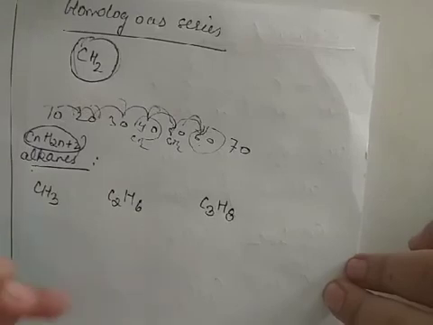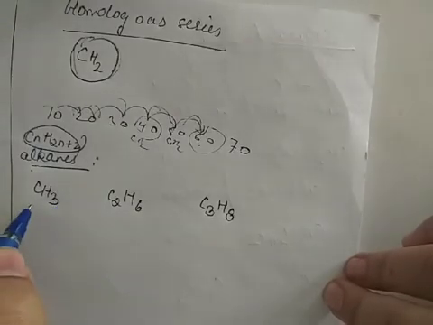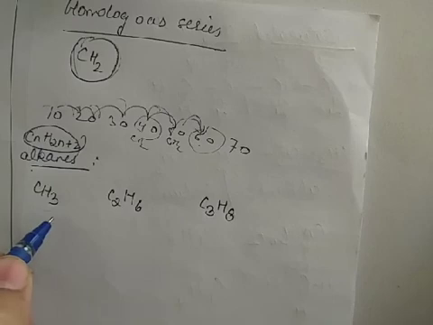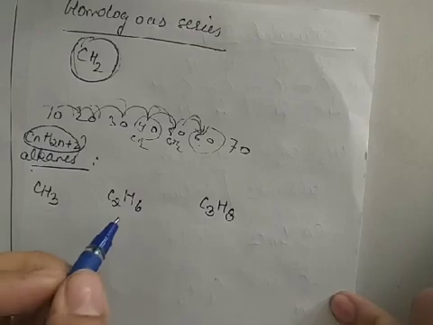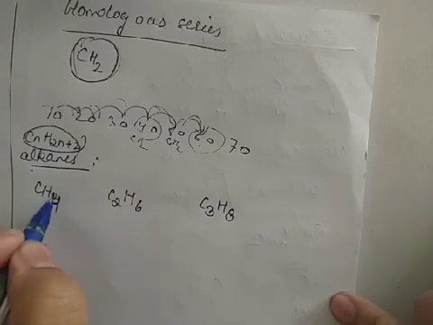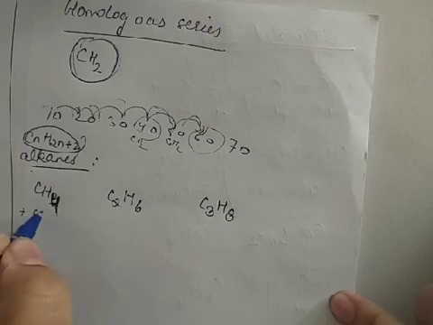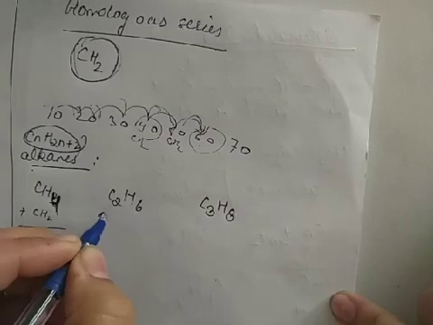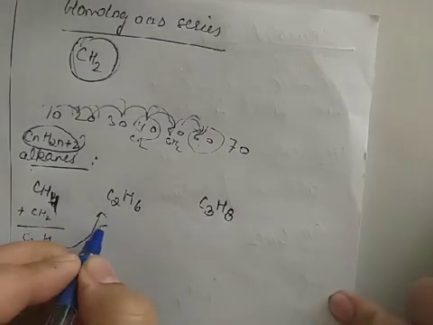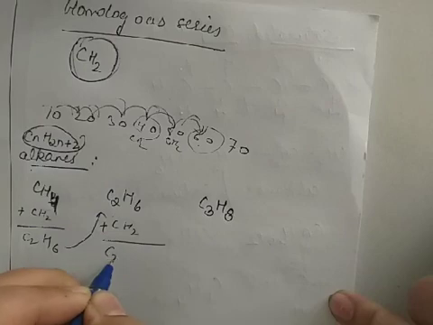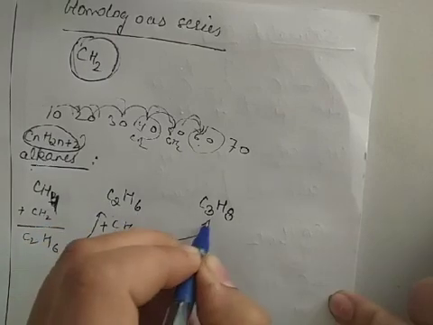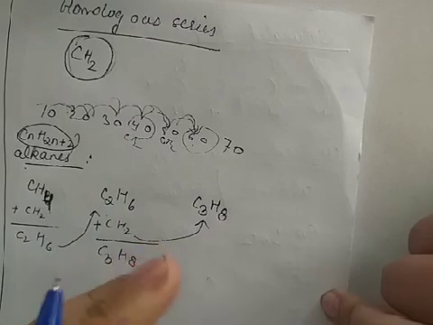Now, you can see that if I will add, sorry, this is CH4. This is what I was thinking, some mistake I have made. If I add CH2 to CH4, then what will it become? C2H6. You can see this is the second species. Okay, and if I add CH2 here, then what will it become? C3H8, which is the third species. So you can understand what is happening here.